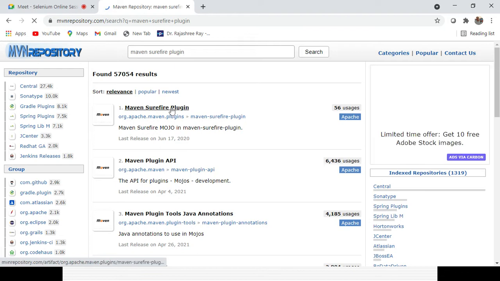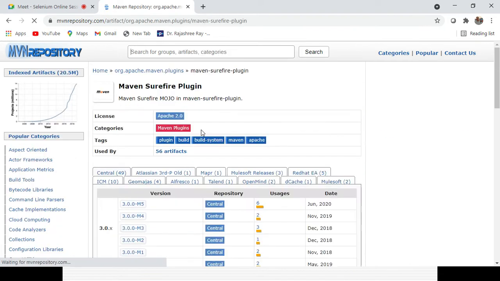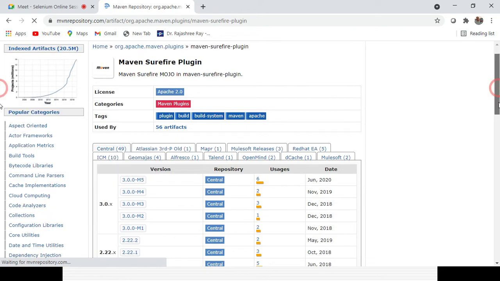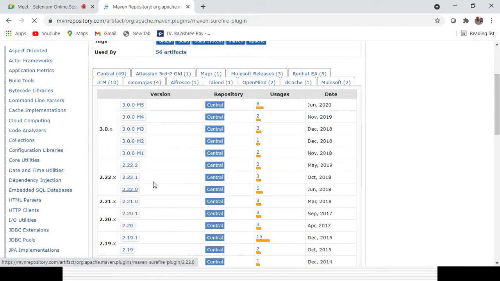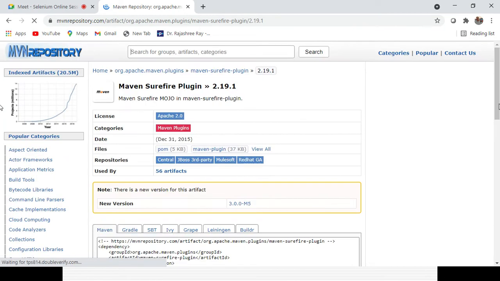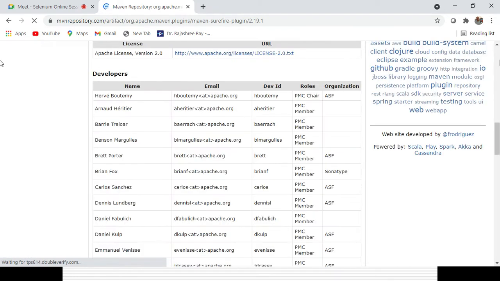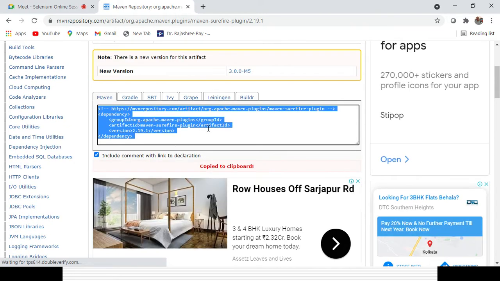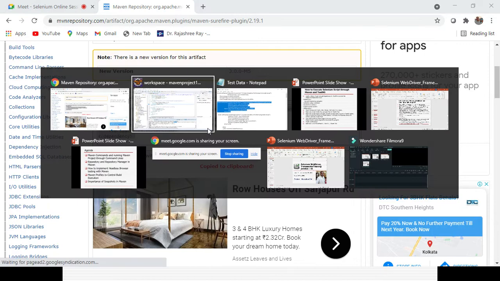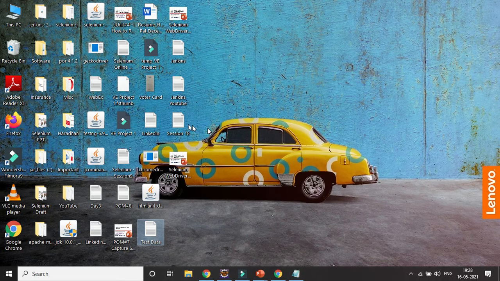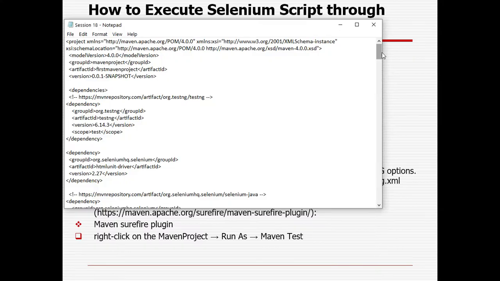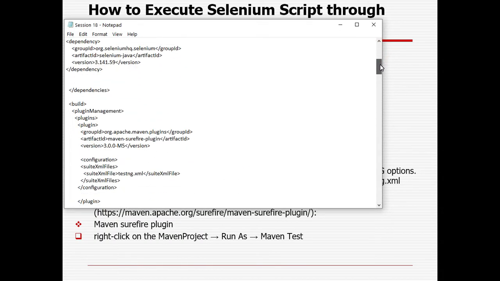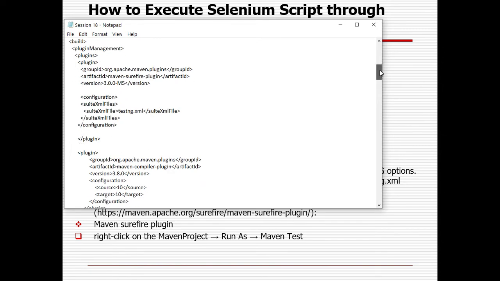You can see Maven Surefire plugin. So you can get it, right? And whatever plugin you want to install, you can get it, right? So I can go maybe for any of the versions, okay? Whatever is used mostly by the users. So that is the plugin. So that is the dependency, you can add it. But that dependency I will not add. Instead of that, I will add the Maven Surefire plugin, okay? Which I already know, because otherwise it will not work sometimes. So how can you get it? So I already added it here, okay? So you need to add that particular Surefire plugin. That is the plugin you need to add.